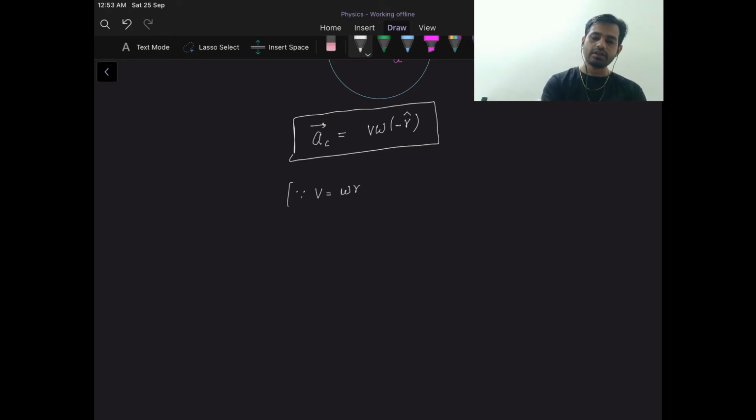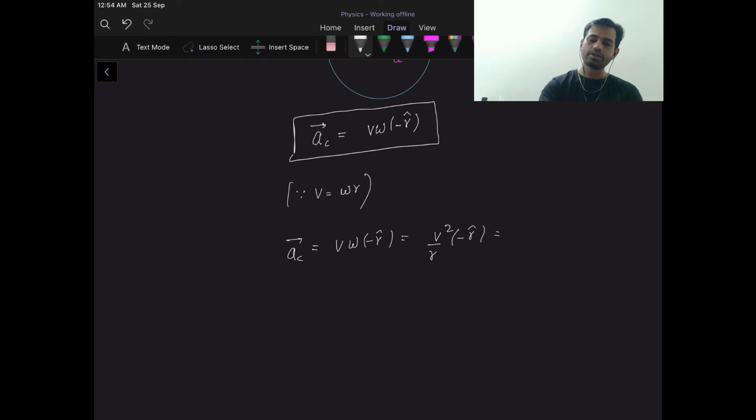So a different form of centripetal acceleration can be written as v into omega, minus r cap. If omega is replaced by v by r, then this formula will be equal to v square by r, and the direction is also minus r cap,